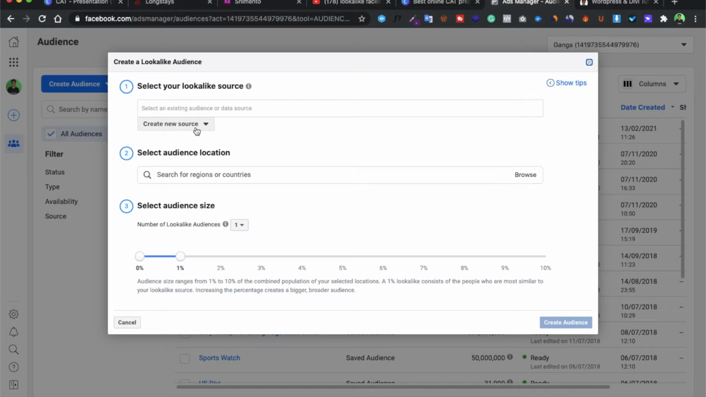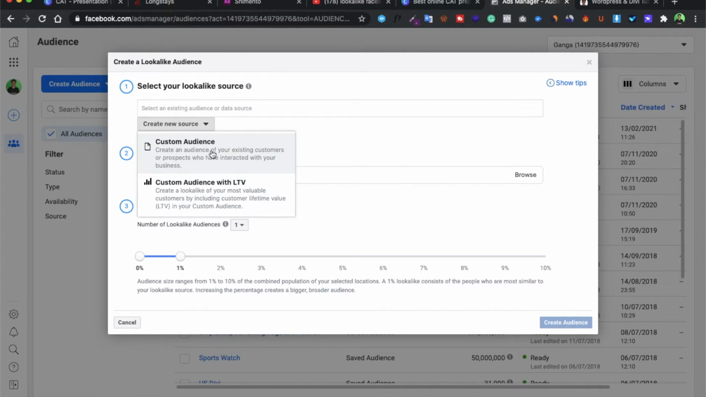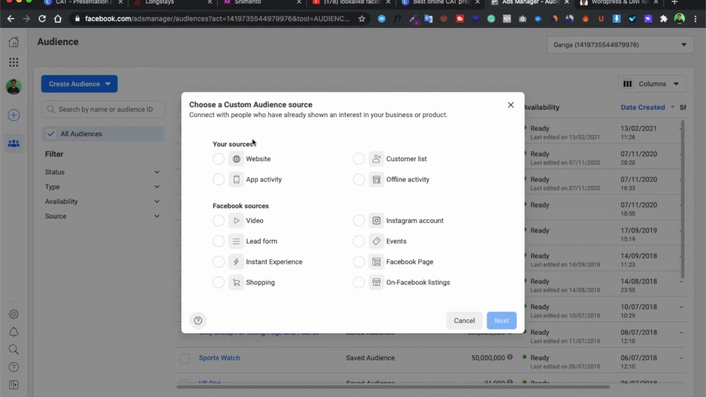Now you have to create a new source, and then select Custom Audience. There you will get a few sources, like website, meaning the people who have visited your website, the customer list, the offline email IDs which you have, app activity and offline activity. You can even make an audience of people who have engaged with your videos, lead form, Instagram account, event page and things like that. In our case, I will be selecting the website,